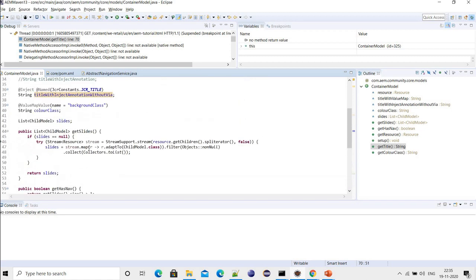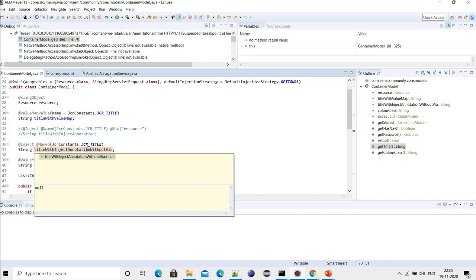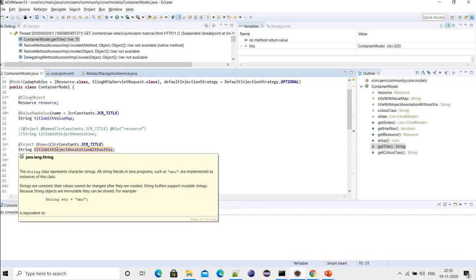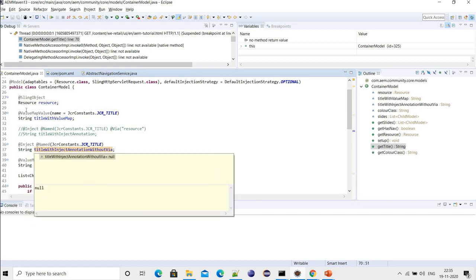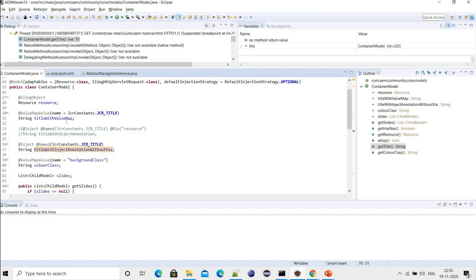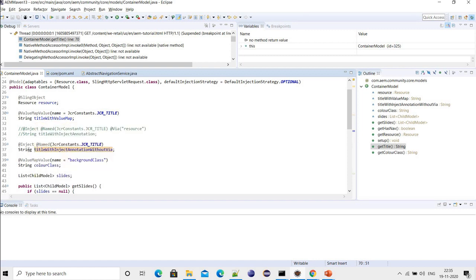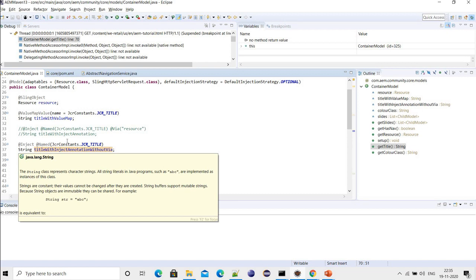and if you see, what I have used is the @Inject annotation, and I'm trying to fetch the title because I'm using the @Named property. So if you see, it's giving me null. I have used @Inject, but it's giving me null. Whereas if I see, I have used @ValueMapValue, same named property, and it's giving me the value. Okay, so why is it not giving me the value with the @Inject annotation?